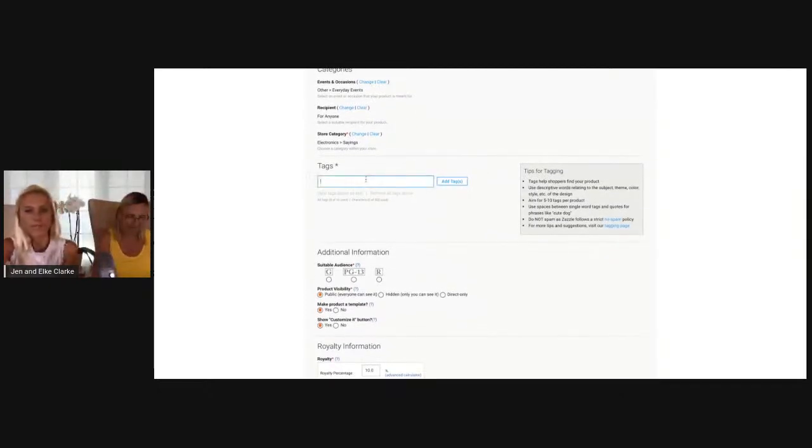So then the tags here are extremely important because you need to make sure that these tags reflect the design. This is kind of where you're telling the Zazzle algorithm what your product looks like. Don't go in here and start putting iPhone case, iPhone XR case, like everything to do with the product, because that's already part of the algorithm. Here is where you want to use